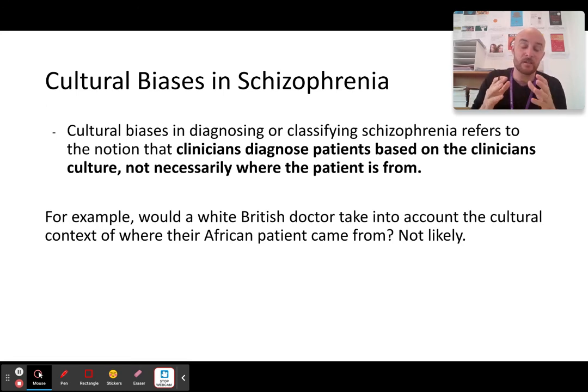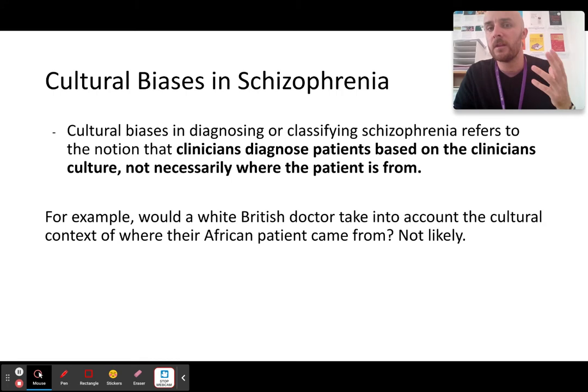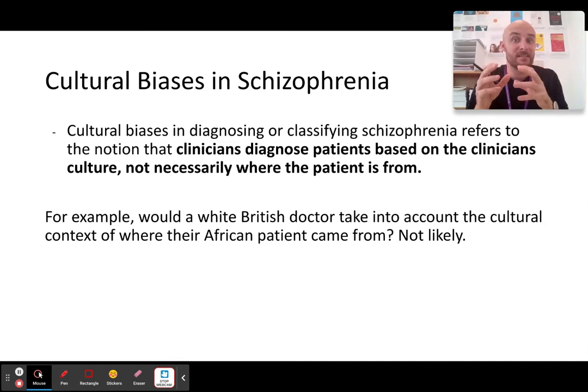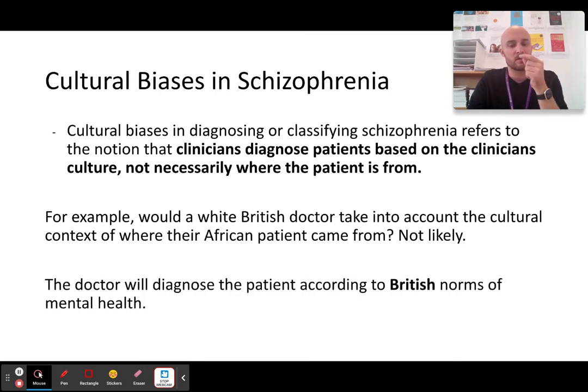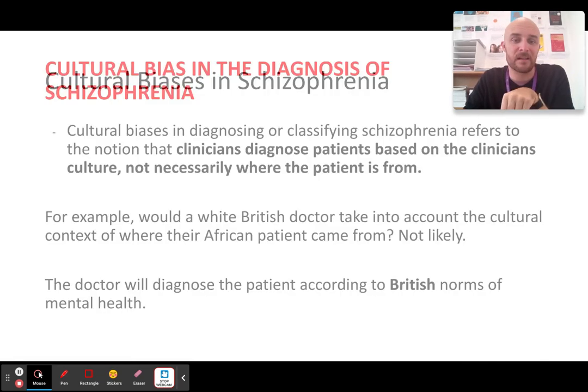So the doctors have to take into account the culture from which somebody comes from when they're diagnosing. Because let me ask you this, is hallucinations exclusively seen as a schizophrenic episode across the world? No, it's not. We've already looked at this in the last video where it said actually people who have a religious tint to their hallucinations or their delusions, in some cultures, that is seen as a perfectly normal experience. In fact, it's seen as a rewarding, generous experience, for example. So the doctor's only going to diagnose the patient according to British norms of mental health, which may not necessarily be right for that particular patient.